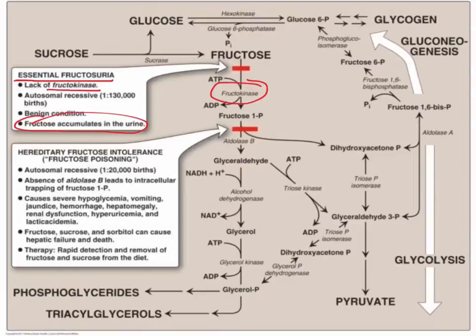A deficiency of aldolase B results in hereditary fructose intolerance. The block at aldolase B causes accumulation of fructose 1-phosphate. The symptoms include vomiting, hypoglycemia, and jaundice. The accumulation of fructose 1-phosphate eventually leads to depletion of phosphate in the liver, and this leads to low levels of ATP. Glycogen breakdown and gluconeogenesis are inhibited by the lack of phosphate, and this results in hypoglycemia.